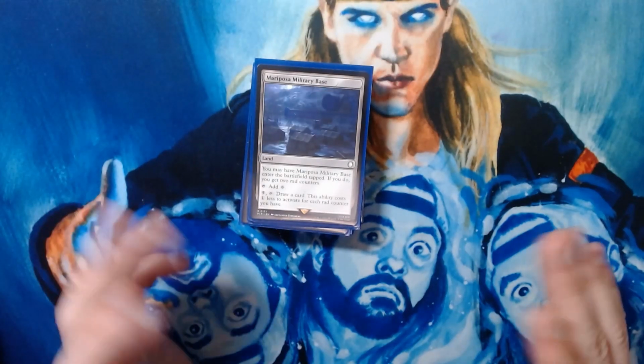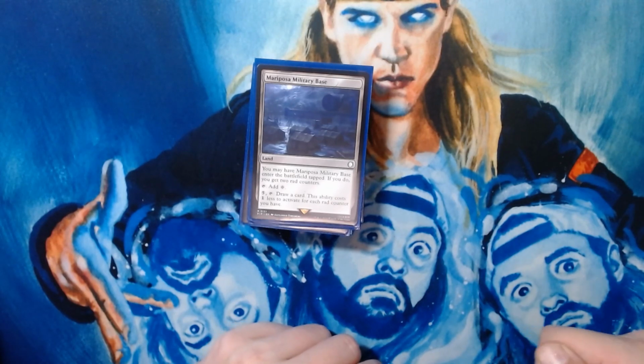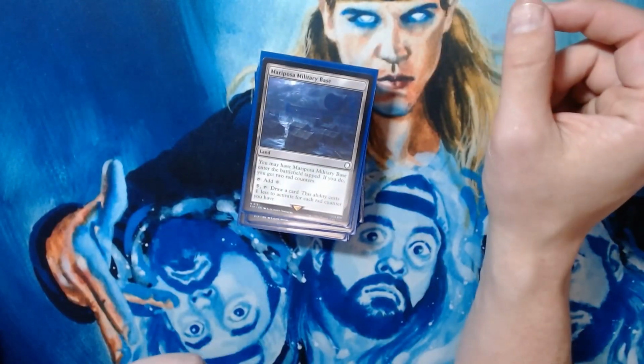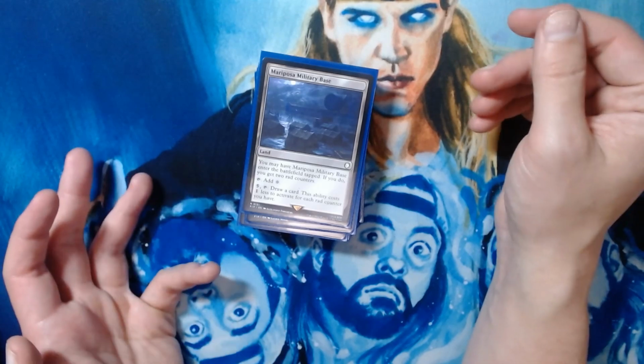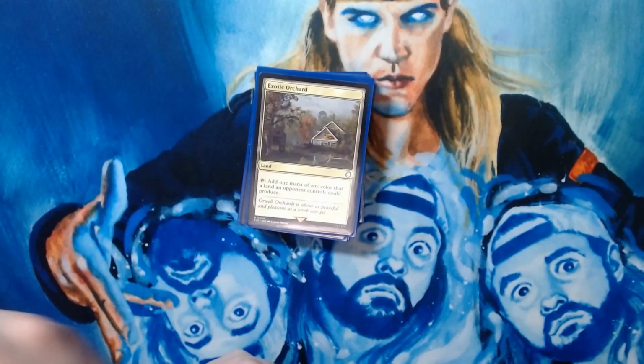Mariposa Military Base. You can have it ETB tapped. If you do, you get 2 rad counters. You can pay 5, draw a card, and it costs 1 less for each rad counter you have. I mean, it's kind of like a more fitting War Room for us. You know, it's nice to just have that draw card ability and have it cost a lot less if we're